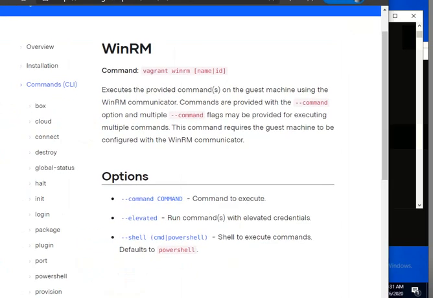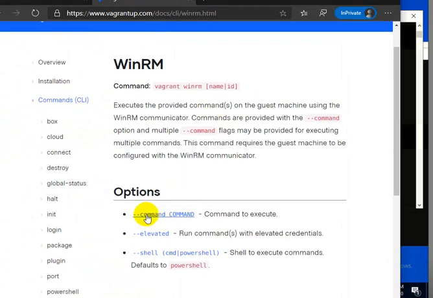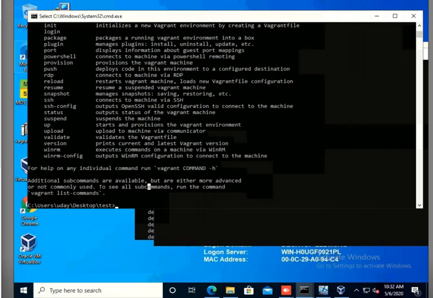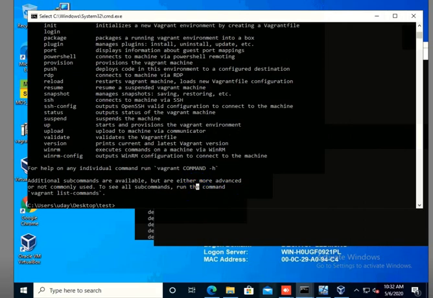As an example, you can see this. If you go to this WinRM hyphen command and the command you want to execute, elevated will run in the run mode. If you want to execute that particular command, you can try these commands from your end and see. Vagrant CMD ping, and let's see. This is the syntax. You can try by hyphen